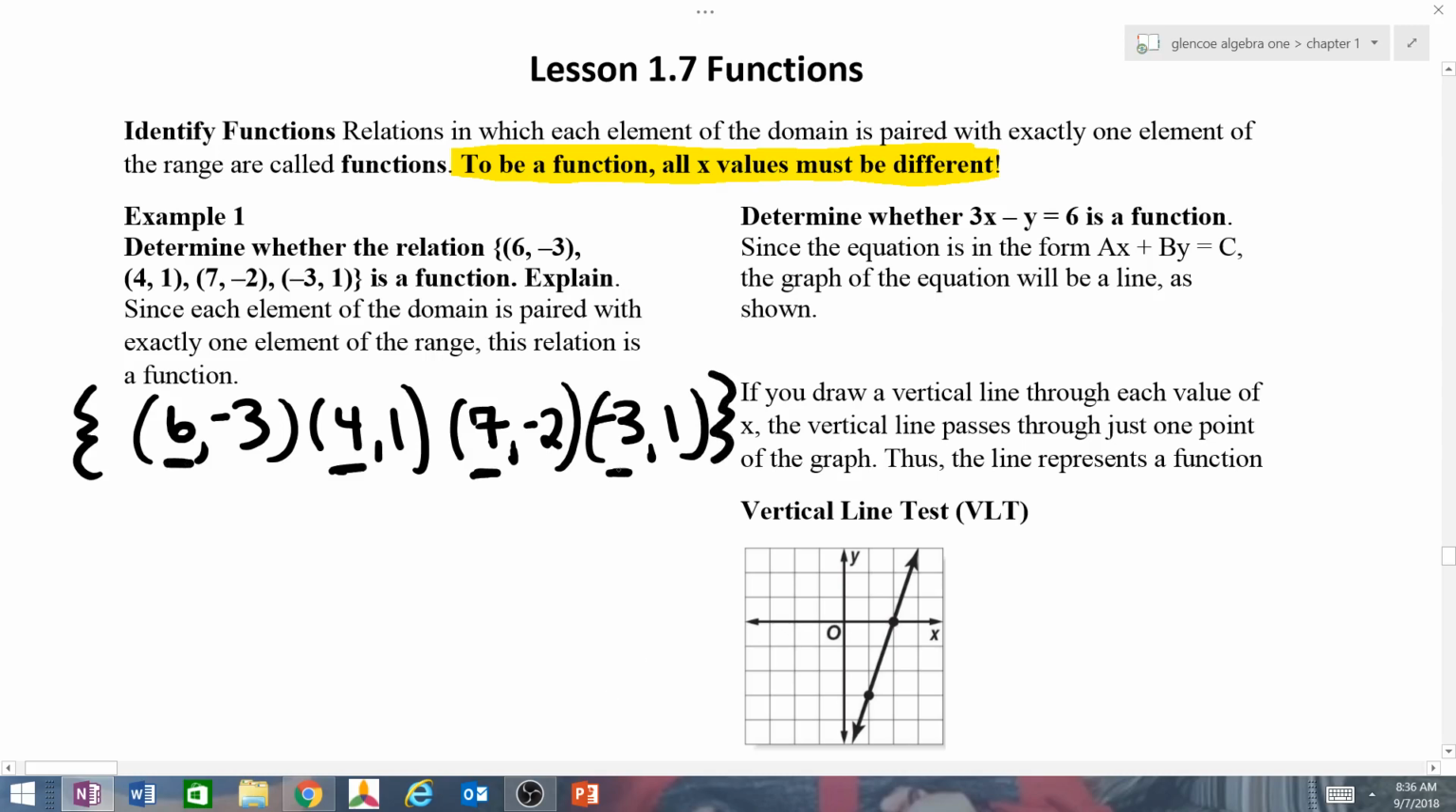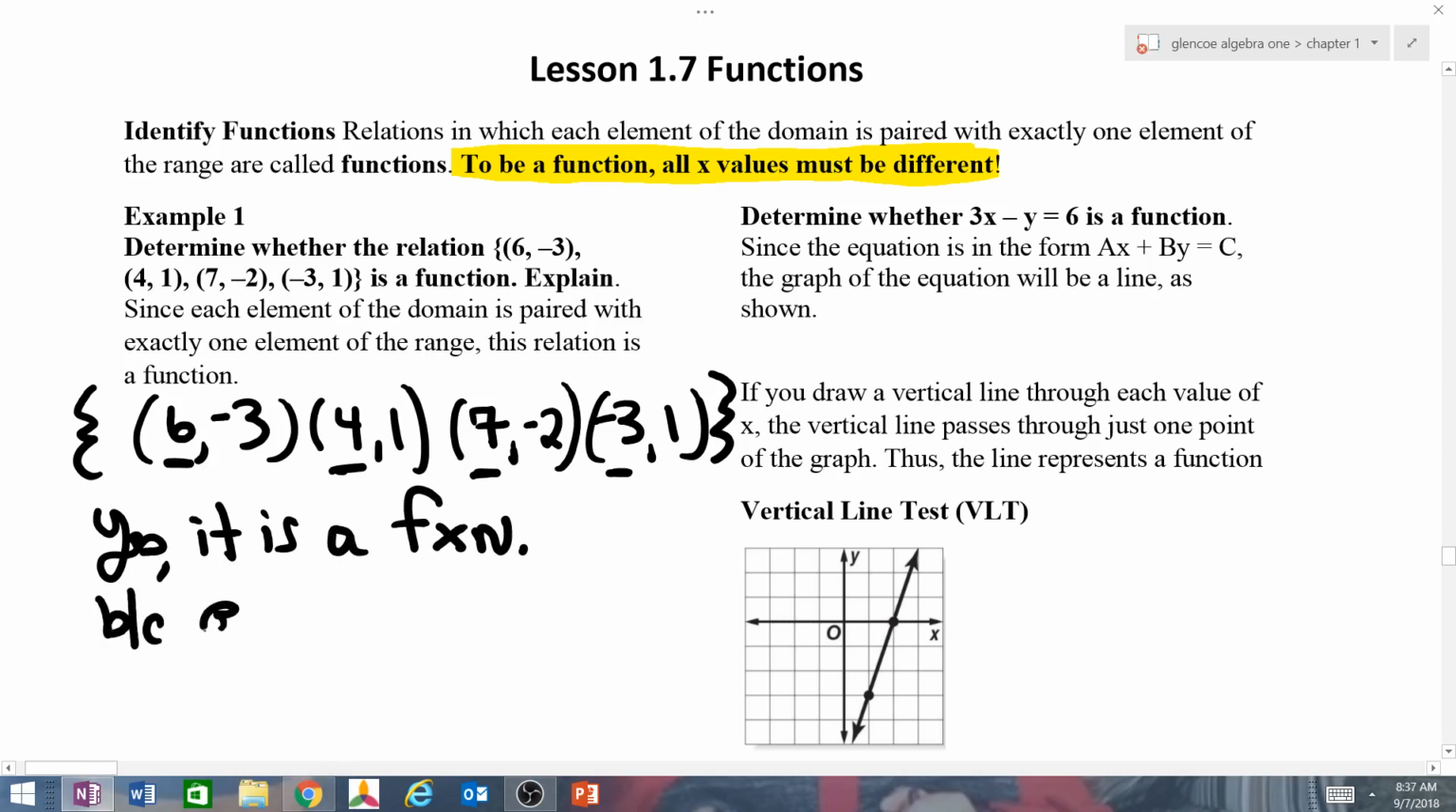Are the x's all different? Yes. Good. That's all you need to do. Can the y's be the same? Yes, they can. Is this a function? Yes. It is a function, and I'm going to abbreviate it as fxn